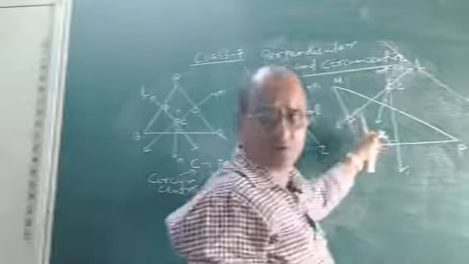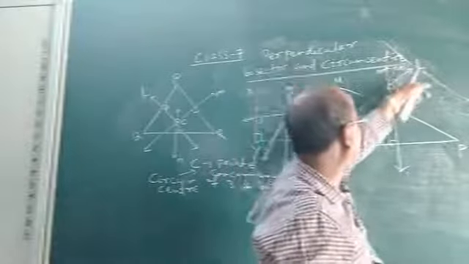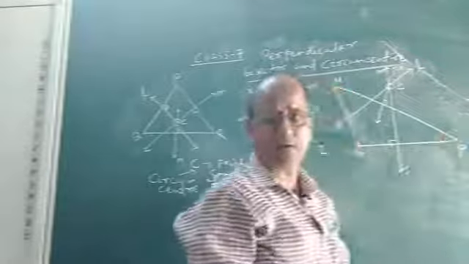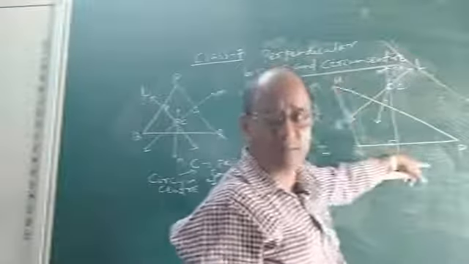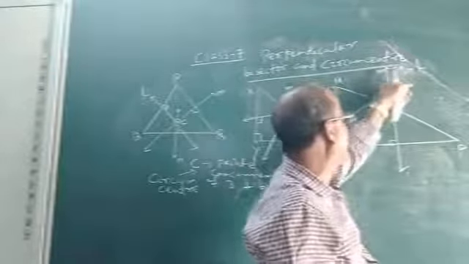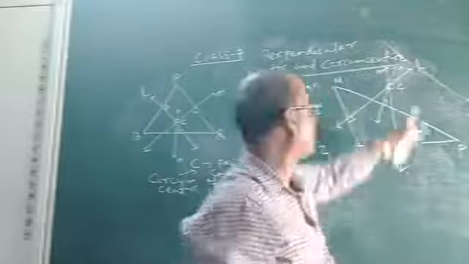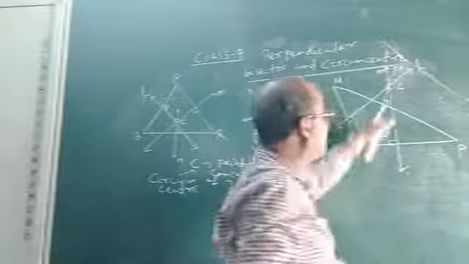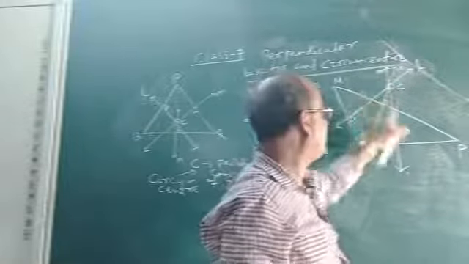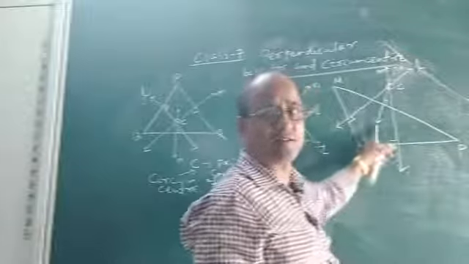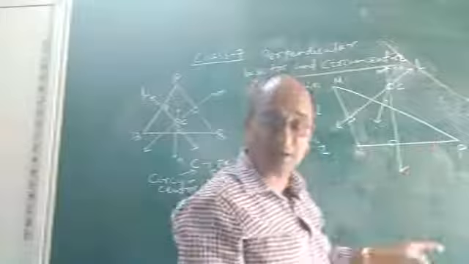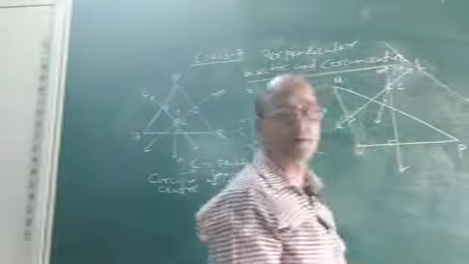So in this case also we find that the three perpendicular bisectors, namely L, M and N of the triangle MNP, look at it. In this obtuse triangle MNP also we find that the three perpendicular bisectors L, M and N of the three sides are also passing through this point. See, this is the point of concurrence through which the three perpendicular bisectors of the three sides of this obtuse triangle pass, and we call this point what? This point is called the circumcenter of this obtuse triangle.